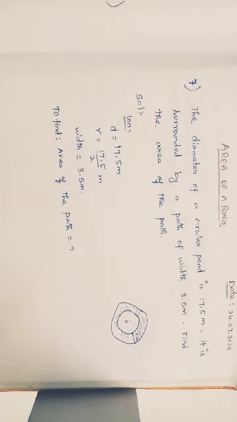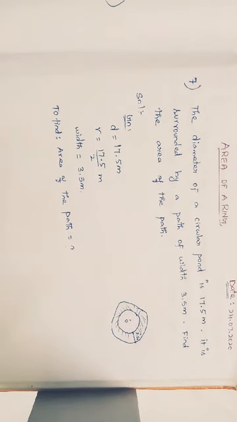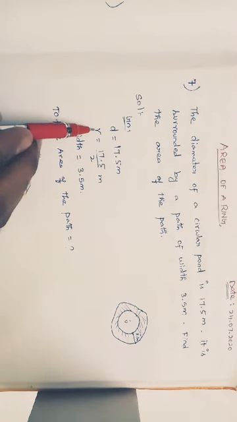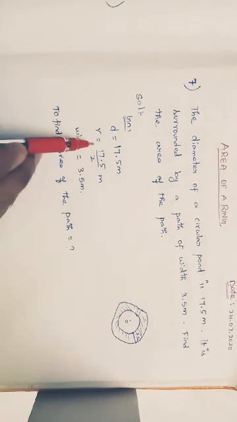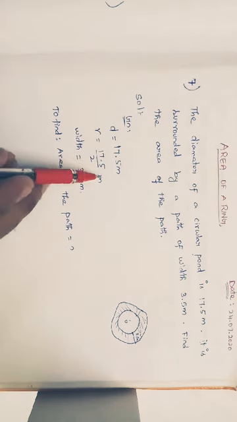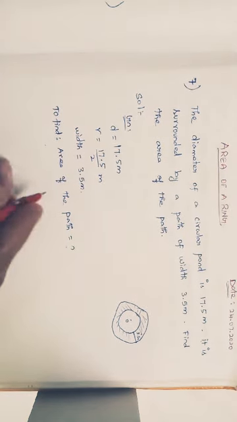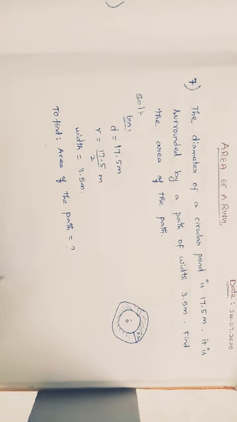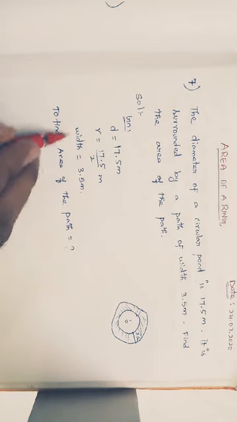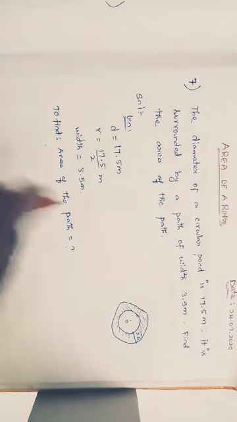So for finding the area of a ring, what are the things we need? Capital R and small r. In the given, we have small r, the radius of the small circle, which is 17.5 divided by 2 meter. Capital R we want to find. How do we find it? They have given us a small clue. The width is 3.5 meter. This is a clue for finding the capital R.